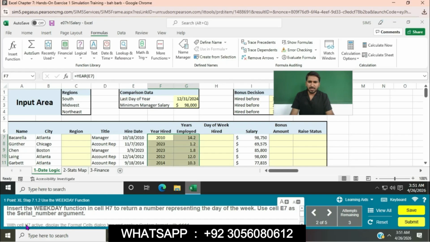Use cell E7 as the serial number argument. We will click on cell H7 to return a number representing the day. First we will enter the WEEKDAY function. Press equal to, enter the WEEKDAY function into the E7 hire date, and press enter.